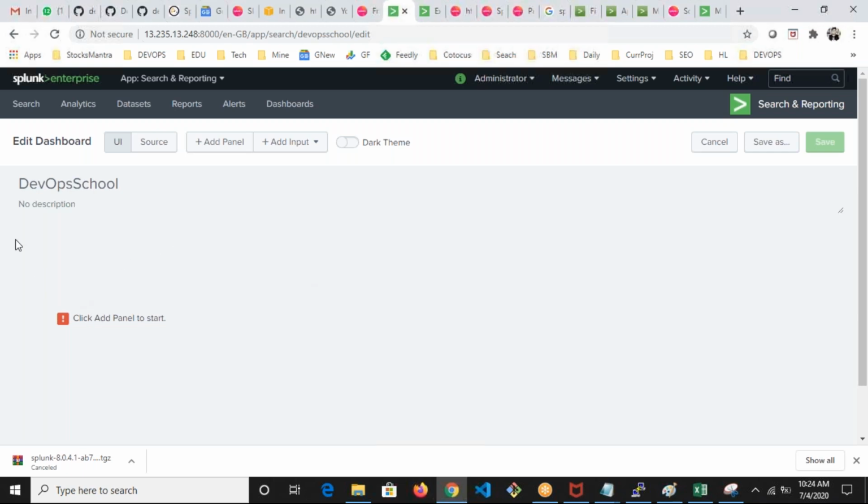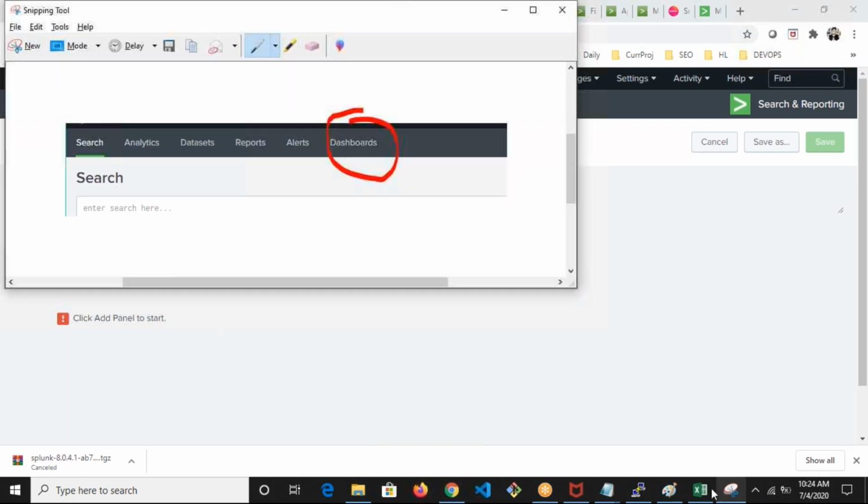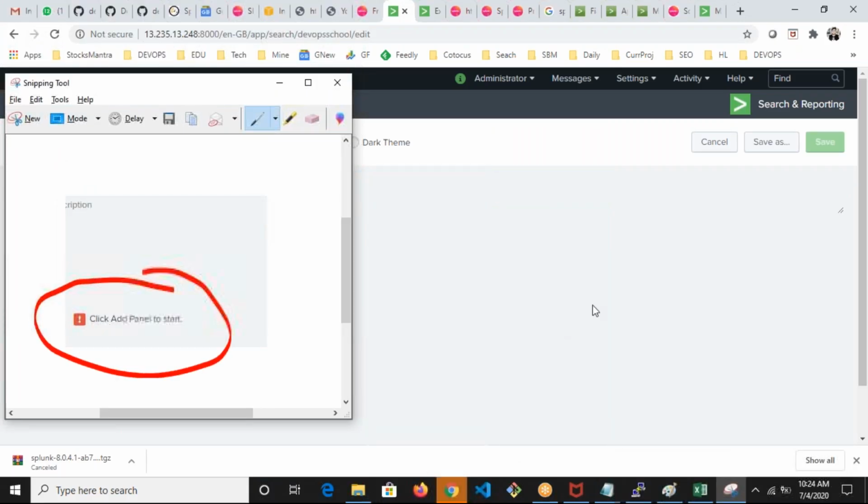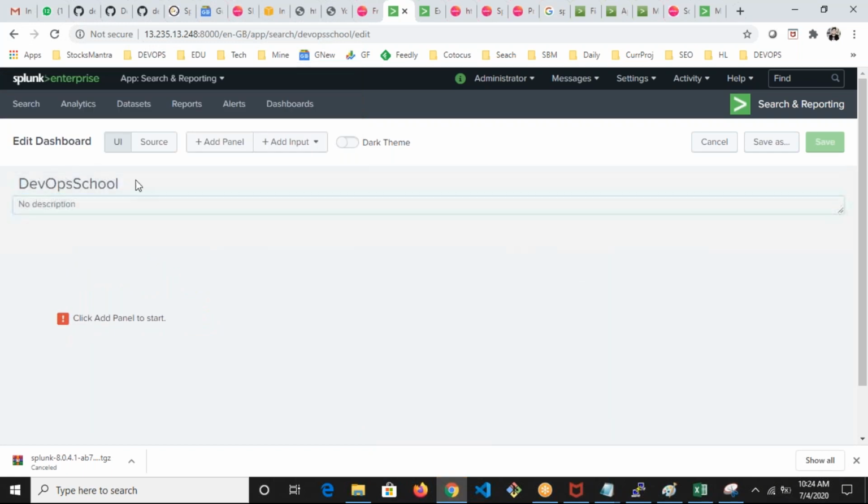Yeah. So now this is the dashboard I created. This dashboard has nothing actually. So in the dashboard, you can have panels. This is the panel. Okay. So how can we have a panel? Let me show you. Go to the search,